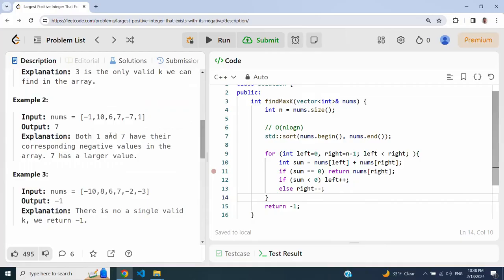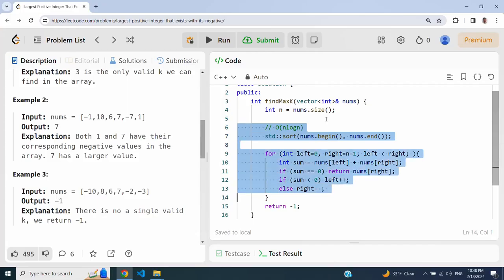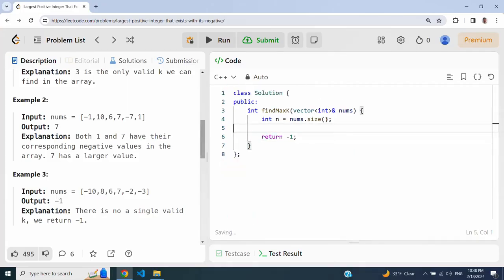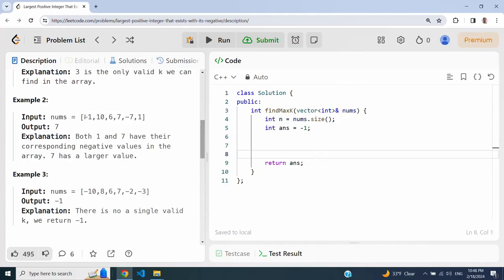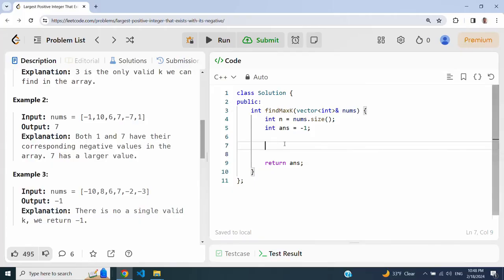So let's think about how we can make this an order n algorithm if we use order n extra space. Again, I'm going to use an answer which is equal to minus 1, and that's what I'm going to return at the end. The idea is again the same. This is a searching problem. As I walk over this array, I'm going to insert the numbers that I've seen into a hash set, and at any time I'm going to ask if the negative value of the number that I'm considering at this point already exists in the hash set. If it does, then I've found it, so I'm going to use it as one of the solutions.